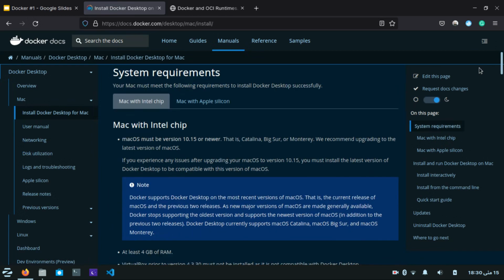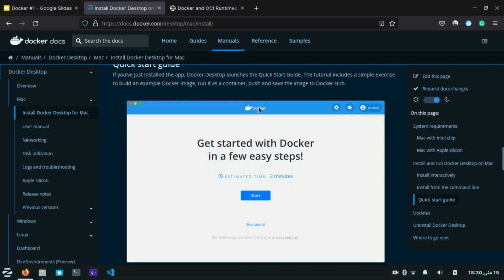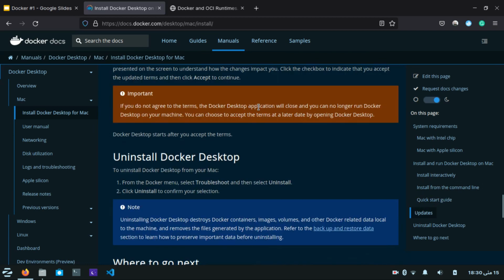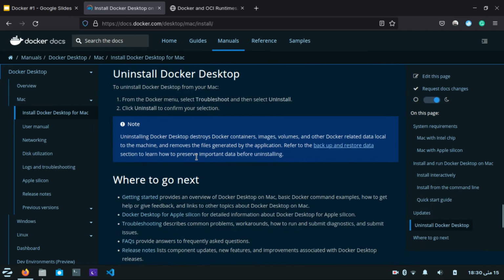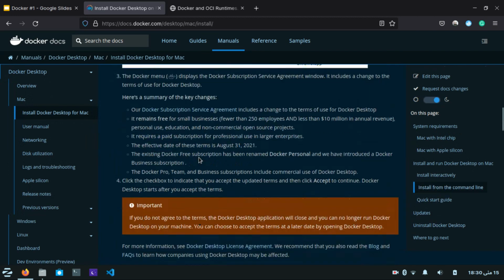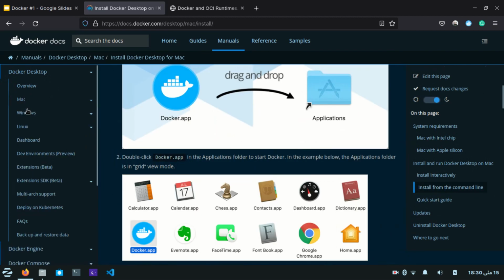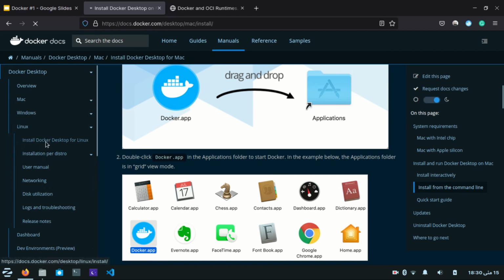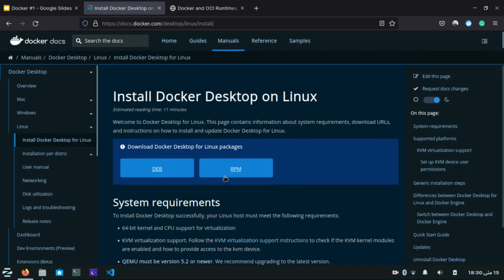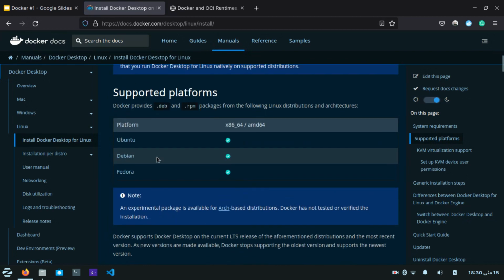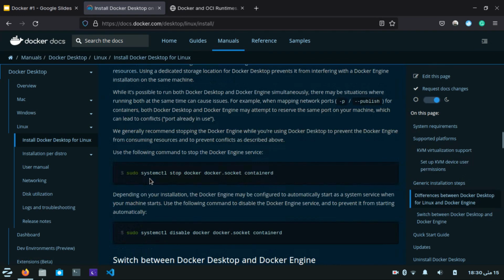As you can see, it is asking for the system requirements, all the details that are necessary to install Docker Desktop. You can also uninstall it. Similarly, if you want to use Docker Desktop inside Linux, you can take a look at this. These are some of the commands, these are the requirements, these are the platforms like Ubuntu, Debian, Fedora.